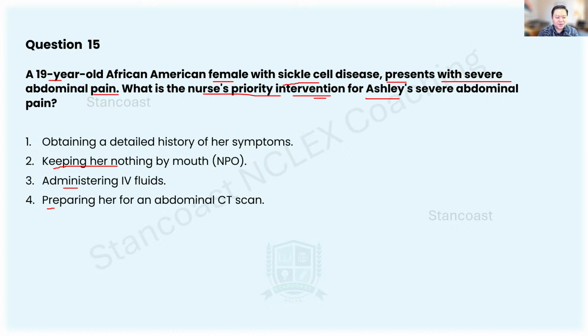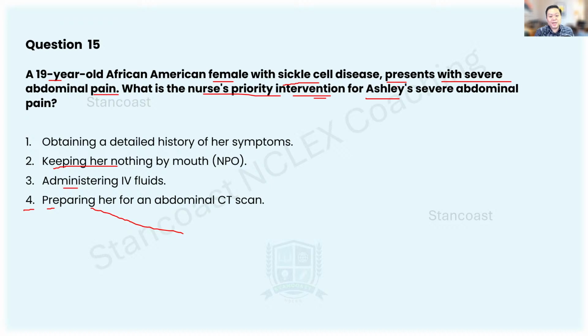Let's eliminate first. Let's start with number 4. Preparing her for an abdominal CT scan. Yeah. So before we can do this preparation for a CT scan, I know that we can get some very important information when we have a patient undergoing a CT scan, right? So many impressions can be derived by the imaging, let's say the radiologist or whoever is going to read the result, right? It can give us a better diagnosis, or essential information about the patient's